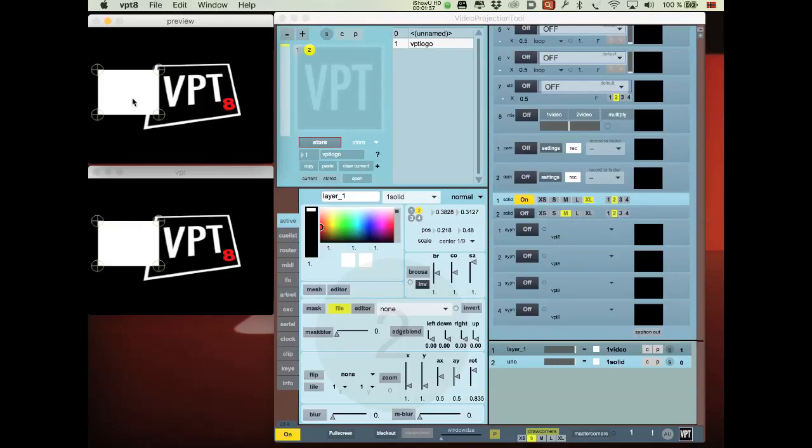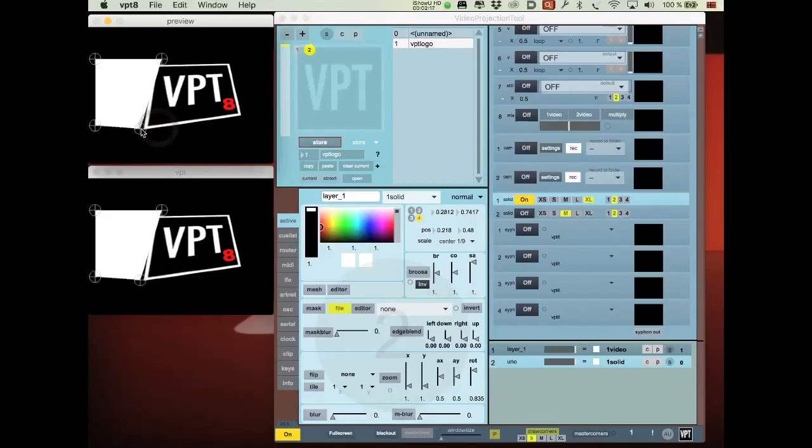There's also a shortcut: if you option shift click and drag the mouse up and down, you can change the vertical size, and if you drag it sideways, you can change the width. Okay, so let's just adjust the corner a little bit,